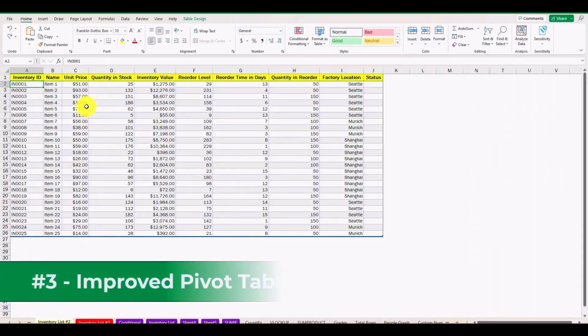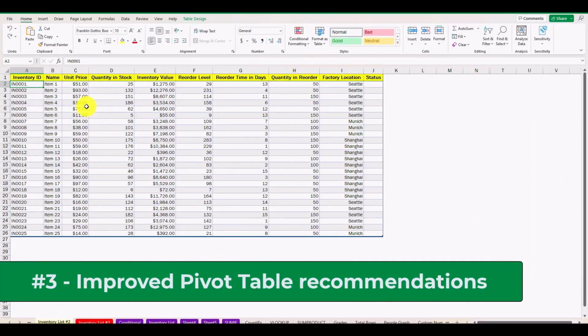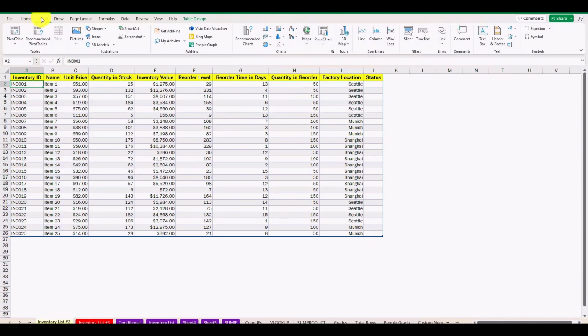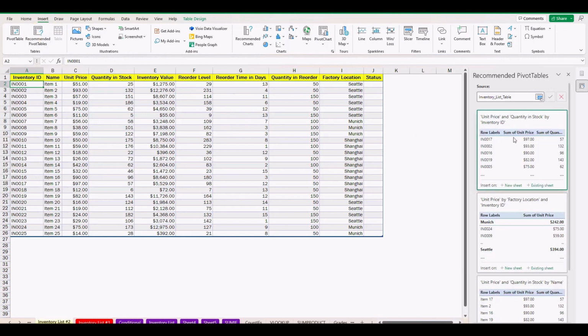The third new feature is an improvement in pivot table recommendations for any table available. In this case, there is a set of data which uses the same AI as the Analyze Data feature. This improvement has been integrated into the pivot table recommendations. By clicking on Insert and selecting Recommended Pivot Tables on the right-hand side, you will see a much better set